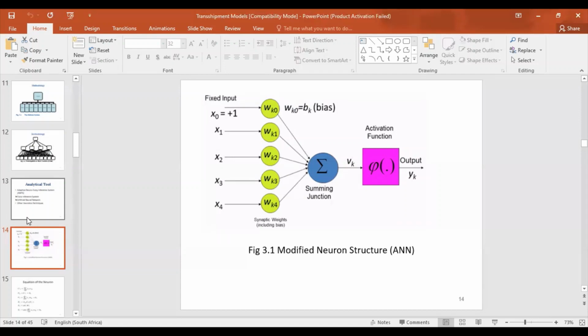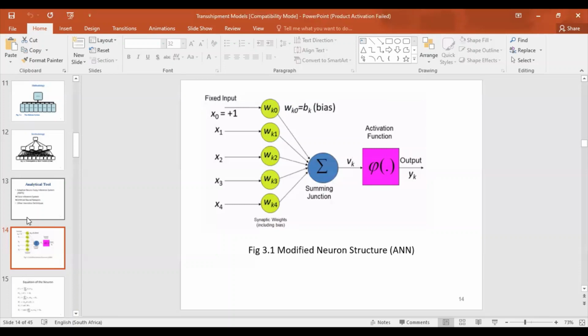And we're saying the fixed inputs, which is information flow from external sources X1, X2, X3, X4, can represent product flow at different manufacturing centers. And the nodes WK0, WK1, WK2 on the neuron can represent the transshipment operations, that's intermediate points where products can flow to for onward distribution. So at the summing junction, there's a kind of controller system that will decide where the information flows to, whether it's going to come from the synaptic weight straight into the summing junction or be repelled.